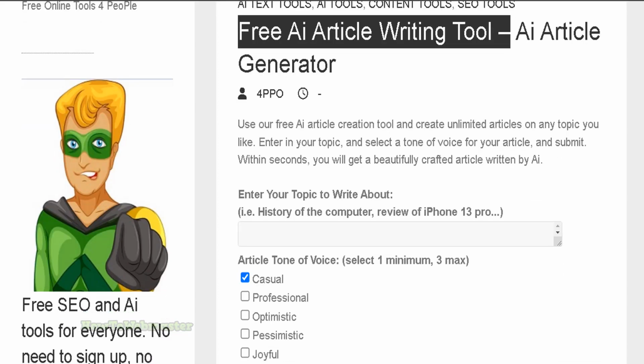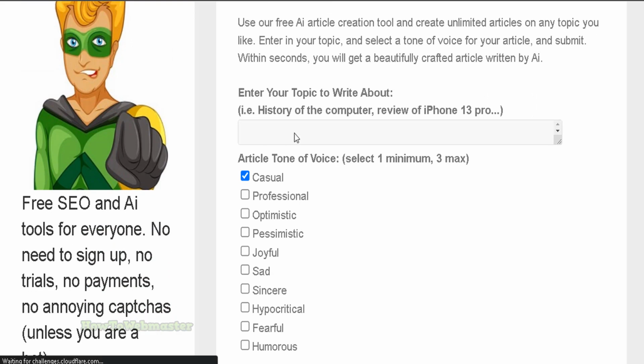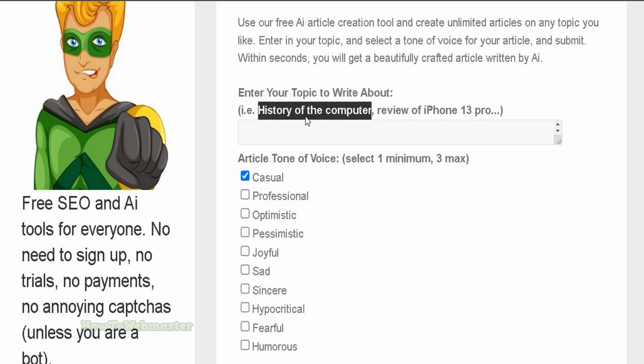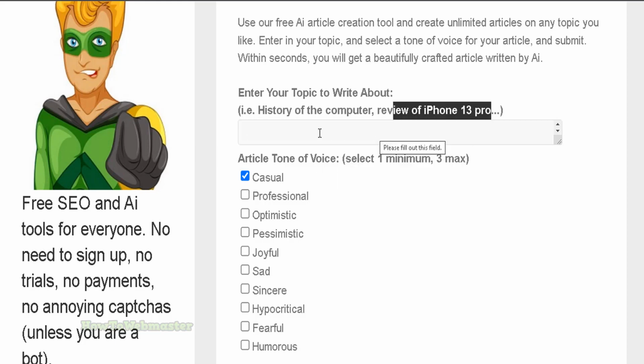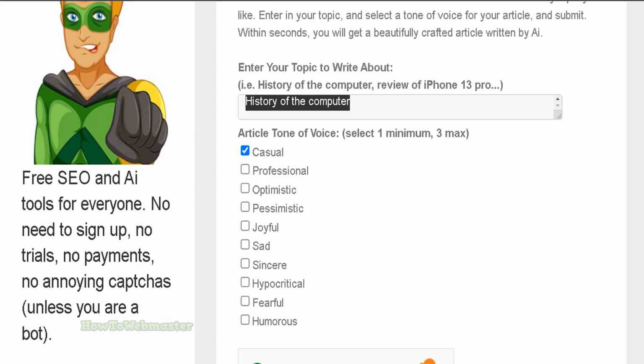You get unlimited full AI articles, and all you have to do is enter a topic for the AI to write about. You can enter whatever you want, such as history of the computer, review of the iPhone 13 Pro, or whatever you want. So I will just have the AI write an article about the history of the computer,